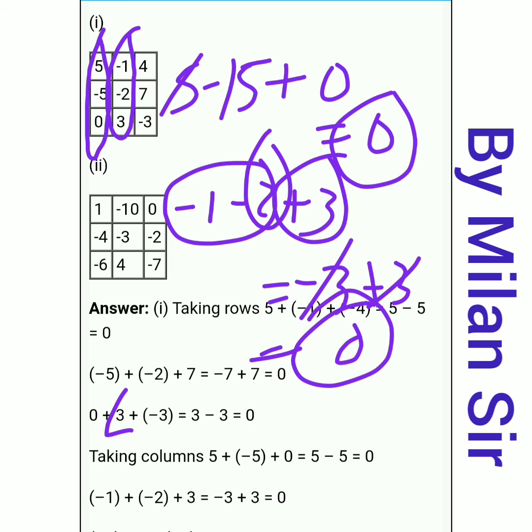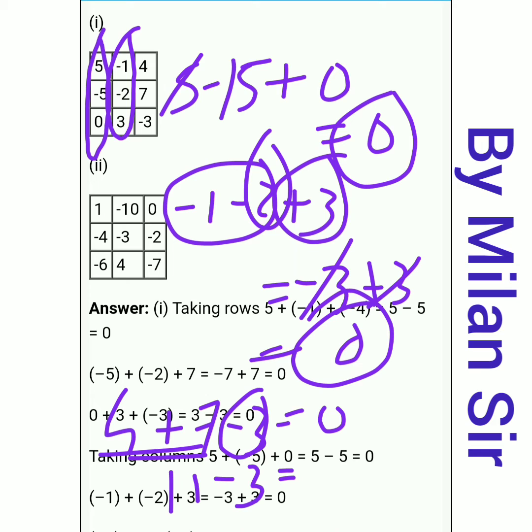Now third column, 4 plus 7 minus 3. So here 7 plus 4 is 11, minus 3. So 11 minus 3, it is 8. So our two answers are 0, but the third answer is 8. This is not the same answer, so we can say that this is not a perfect square. Okay,